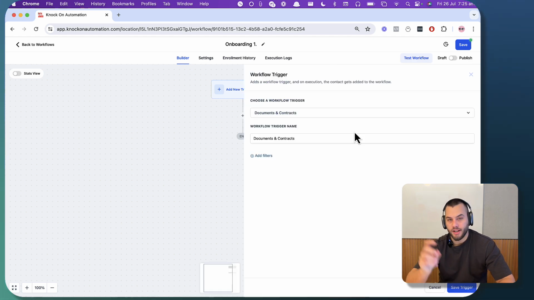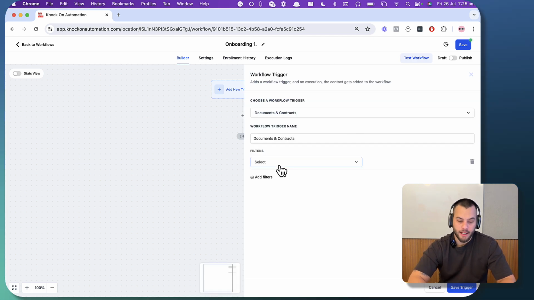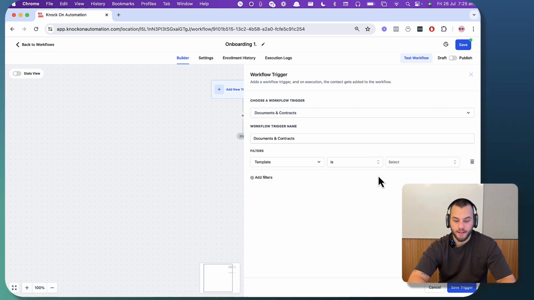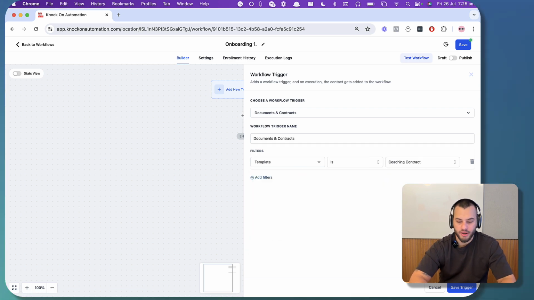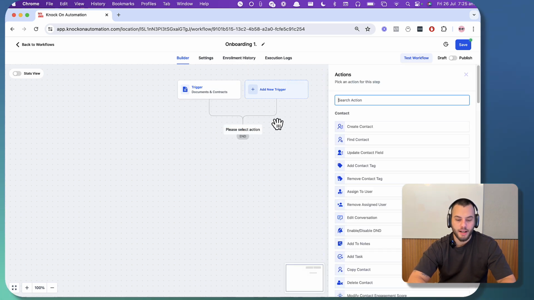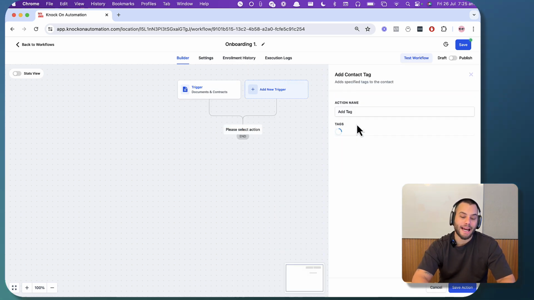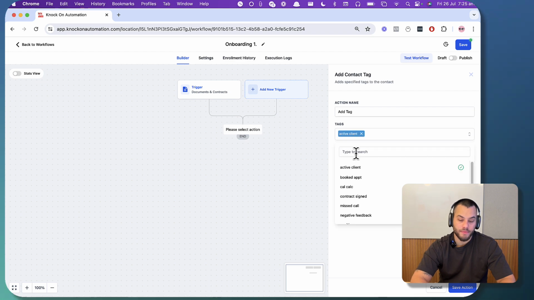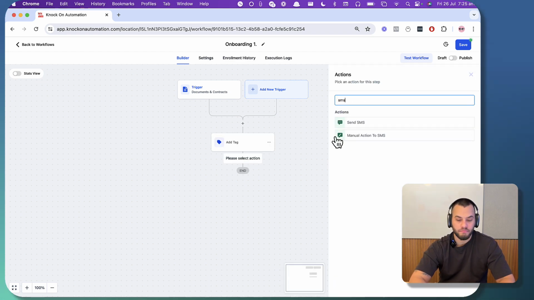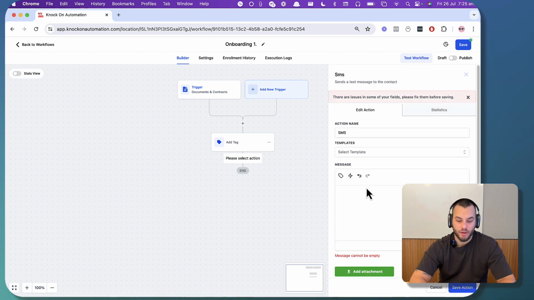So this is when they've signed their contract. And we're going to add a filter that we're going to say template is, do I have one in here? Coaching contract, fantastic. Saved. So document has signed, and we're probably going to tag them with active client. So active client. And now obviously you'll have other parts like SMS saying welcome,